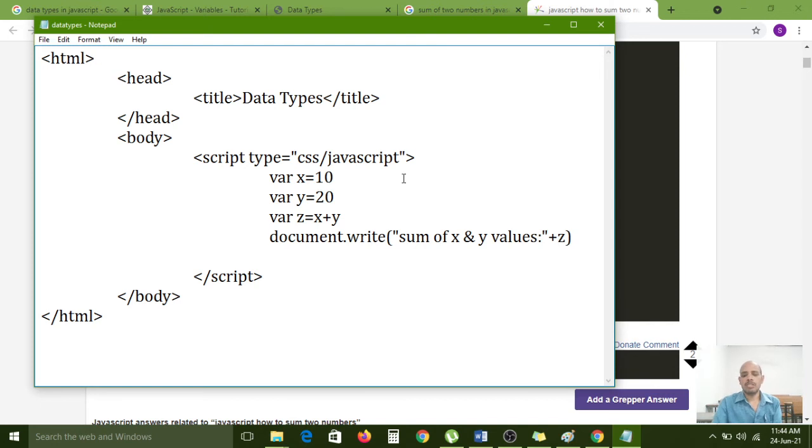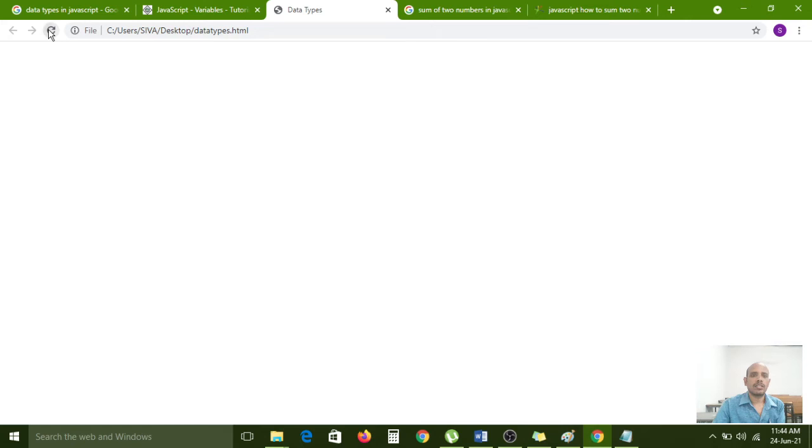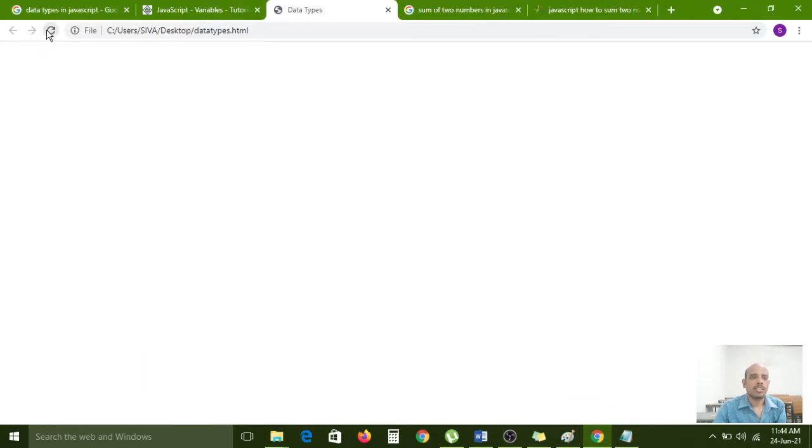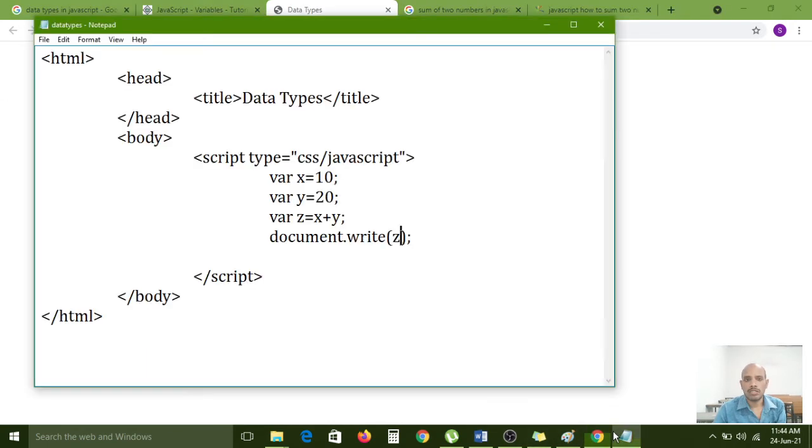Semicolons are also optional, but you can place them here. Document.write of sum of x and y values. So simply we can use z. What will we get? I think that is not wrong.